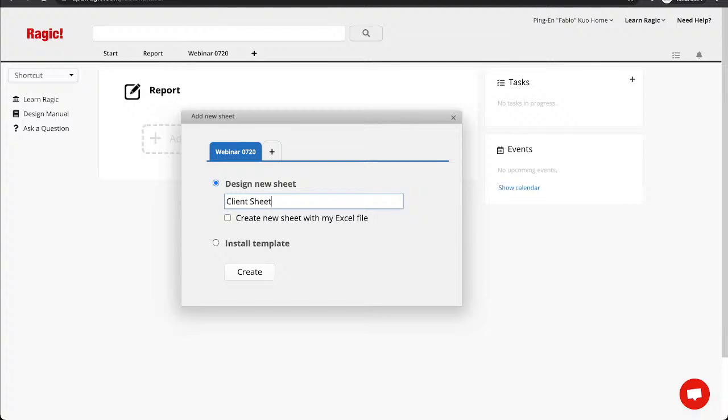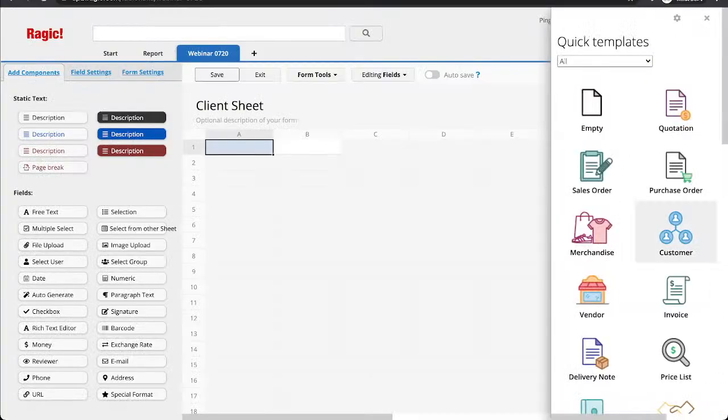Here, you're going to see that in Ragic, your sheets are organized under the tabs, and your data or records will be organized in your sheet. You're going to see the record and data part after I finish creating my sheet later. Click on create. Now you have a completely blank sheet for you to design. For a client sheet, I'm going to record my client information. In order to have users record them, you need to create the sheet for them to enter the data in. Right now you're in the sheet creation step.